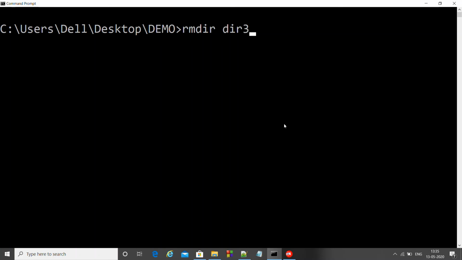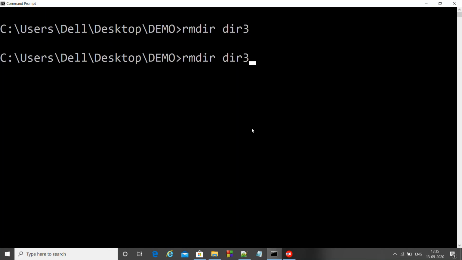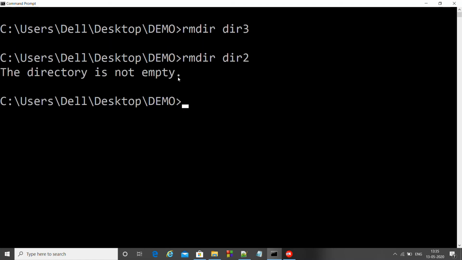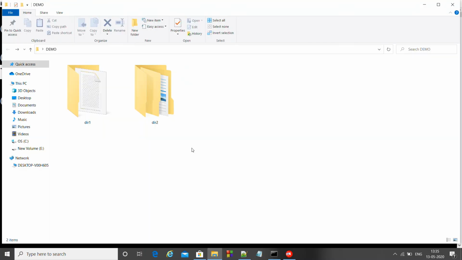Suppose you want to delete dir3, we'll use rmdir dir3. So if we check here, we don't have this directory here anymore. It means it has been removed. Suppose we want to delete dir2. So now here it says the directory is not empty, because we have this 21 inside.